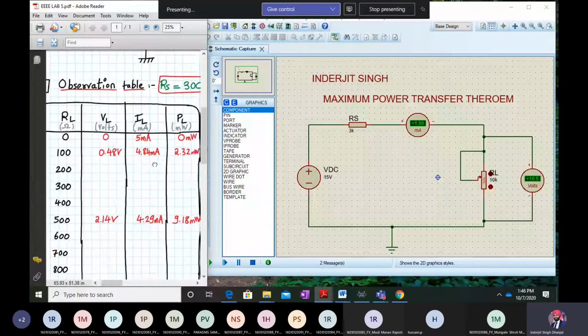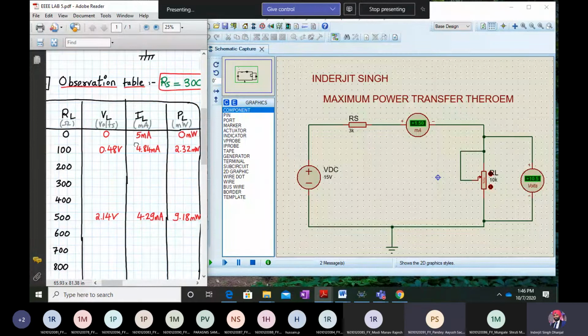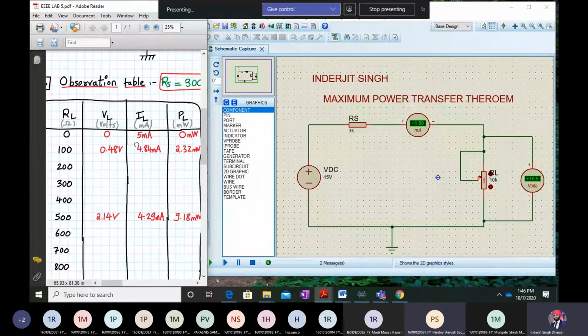Any queries or can I proceed? Any doubts? Sir, in Google document, we have to upload this observation table also with full data. Yes, you can type it and you can easily insert the table and type this information over here. But I want 10 print screens. Now I'll explain why those 10 print screens we require. Now I hope that this point, the Proteus part, is very clear.